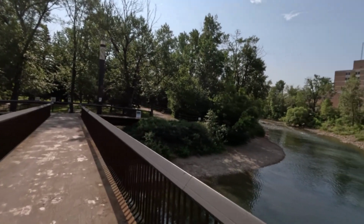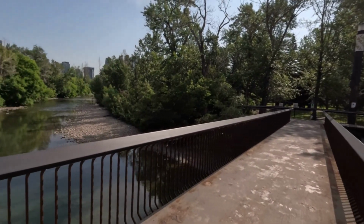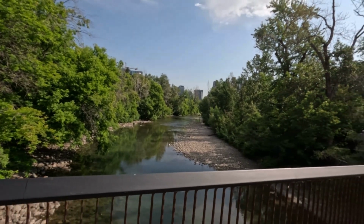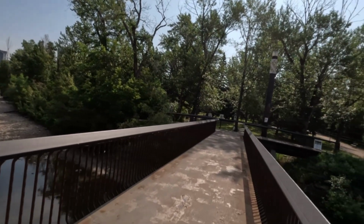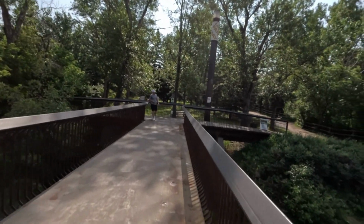Hard to believe that during the flood of 2013, water was up on the deck of this bridge. Basically, this river was a couple of kilometers wide. It flooded out the entire park and everything over here. So,